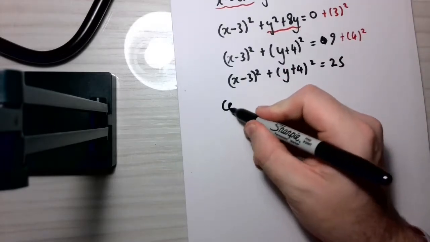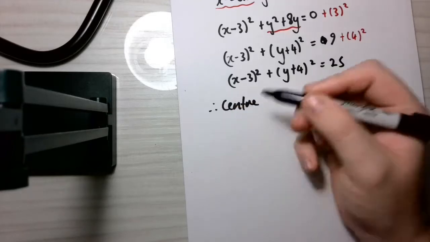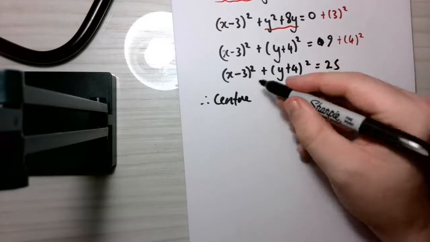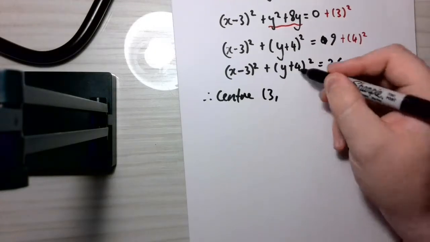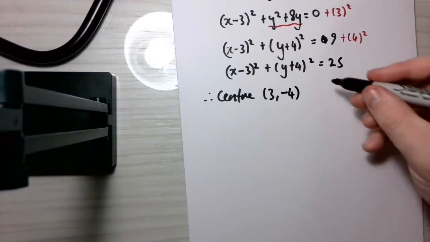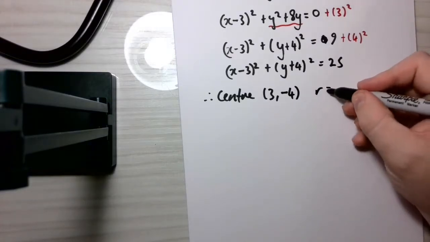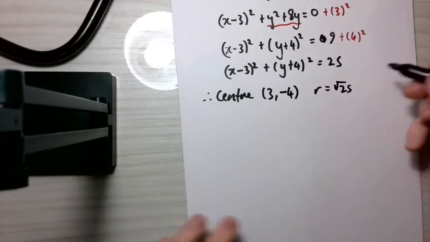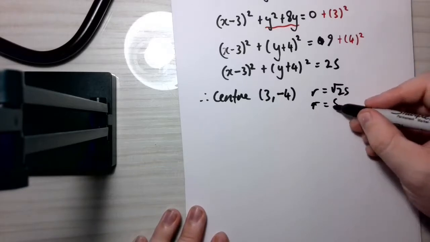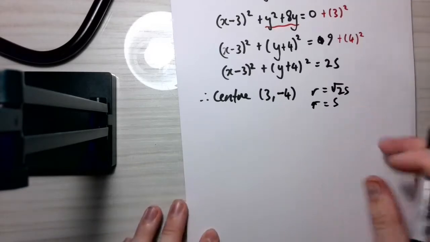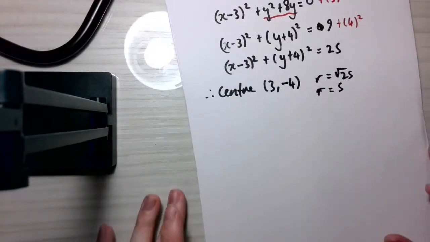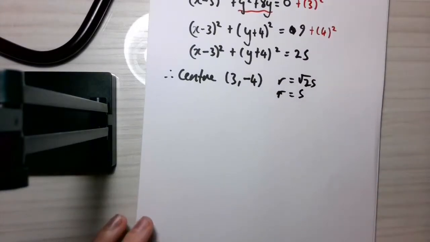The center is equal to the opposite of the numbers in these brackets. So the opposite of minus 3 is positive 3, and the opposite of positive 4 is minus 4. So the center is at 3 and minus 4, and the radius, or r, is equal to the square root of 25, which is just 5. That's the distance from the center to the outside of the circle. Now I said I wanted to take this a little bit further,